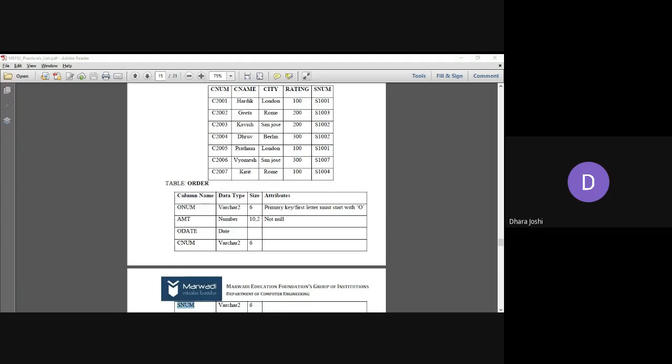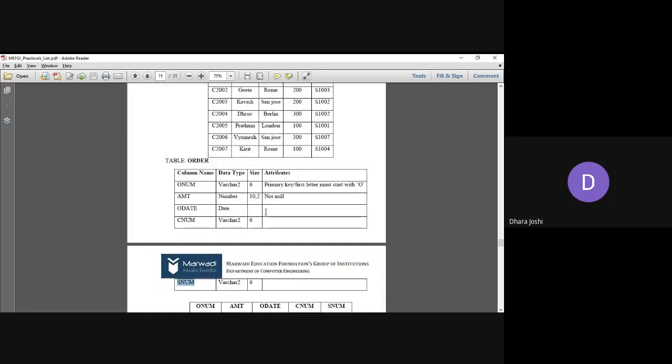Urvashi replied, table order created by the name order underscore new. Okay, do we have any order table previously available, Urvashi? Or else you can start with the order table itself. It doesn't have an issue, but remember, whenever you fire a query, at that time refer to that table as order underscore new. It's fine if you have some different name.